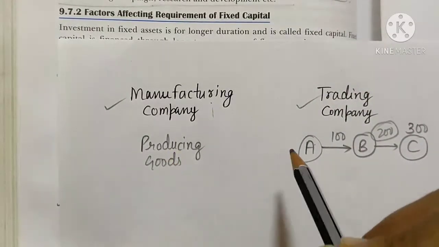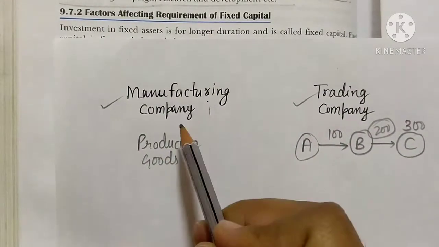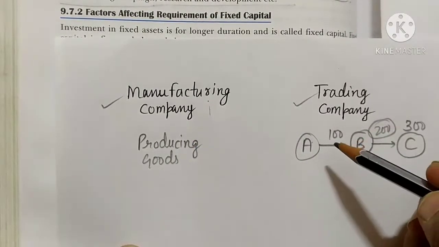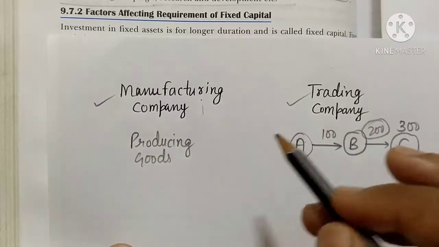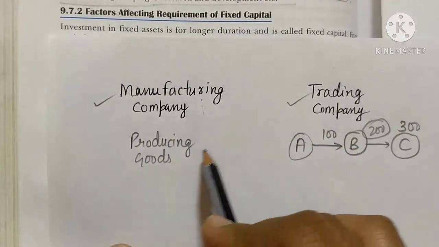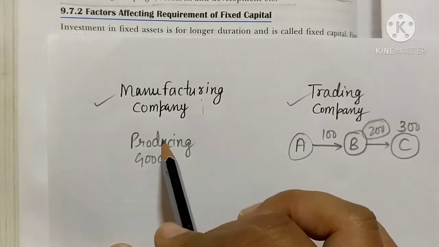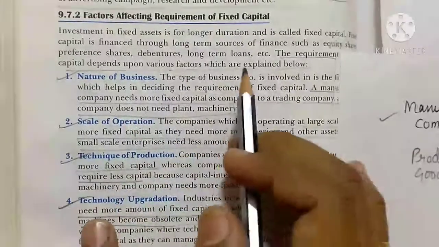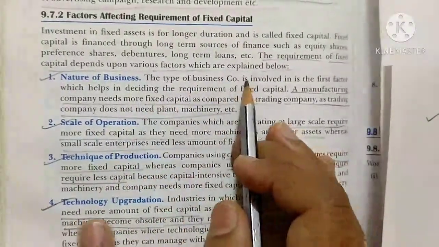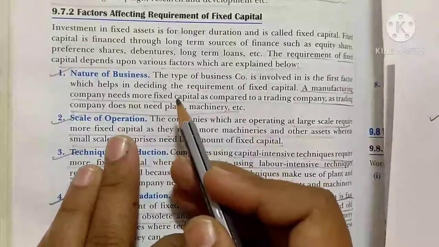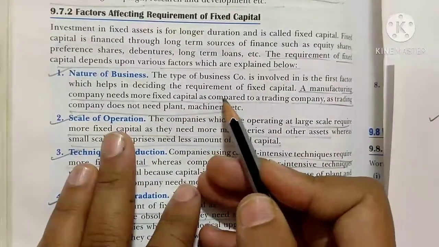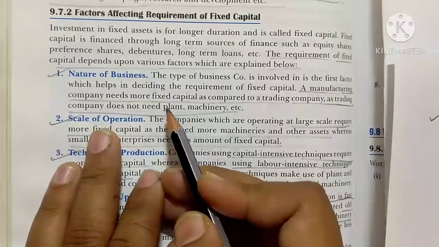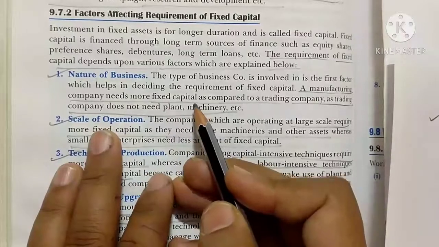Now see, who will need machines and plant? Manufacturing companies need more machinery and more plants compared to trading companies, because trading companies directly purchase the finished goods, whereas manufacturers are producing or making the goods. I hope it is clear what is the meaning of manufacturing company and trading company. So how does the nature of business affect fixed capital? If you have a manufacturing company, definitely you will invest more on machines. It means you are going to invest more on fixed capital compared to a